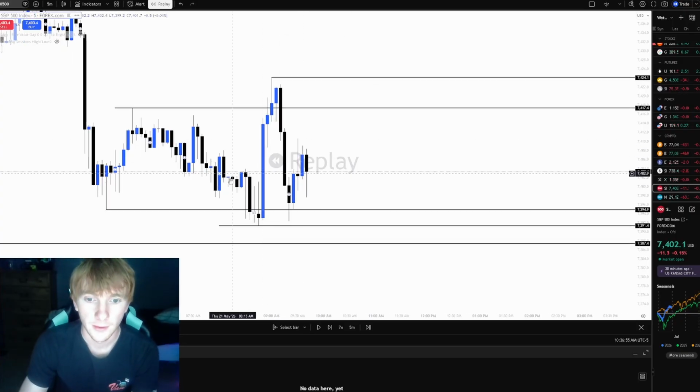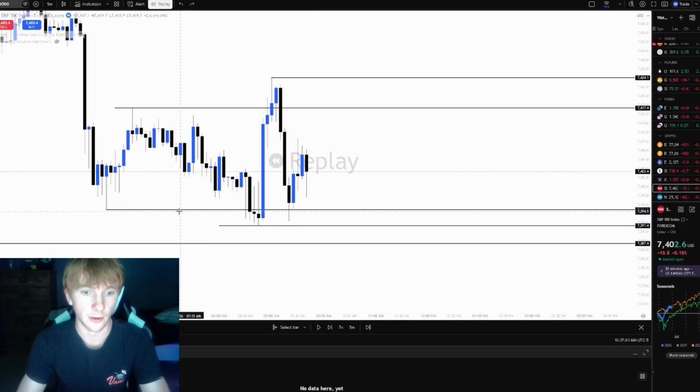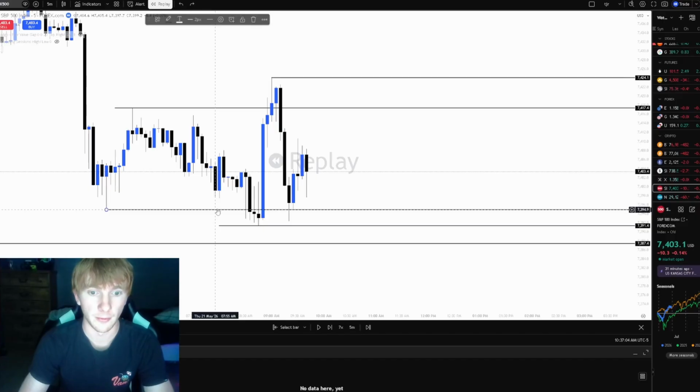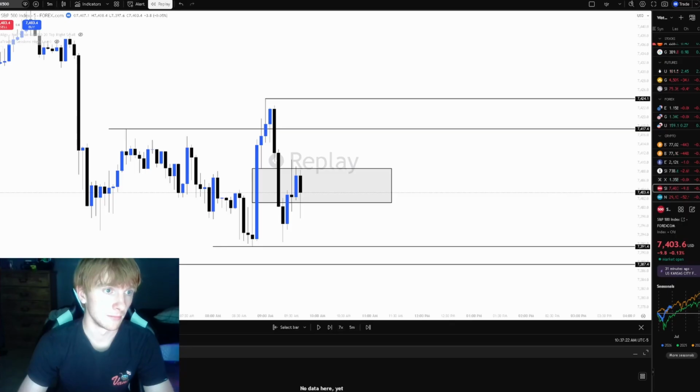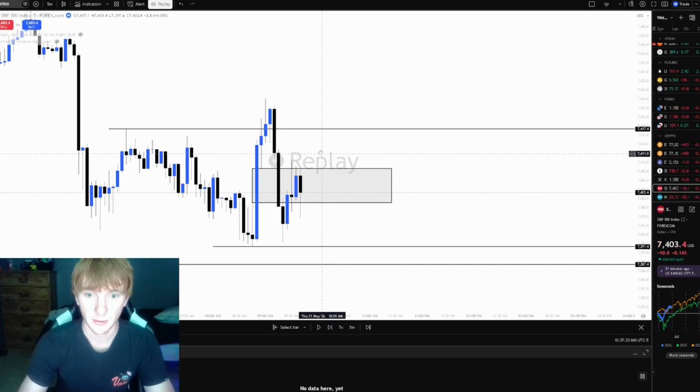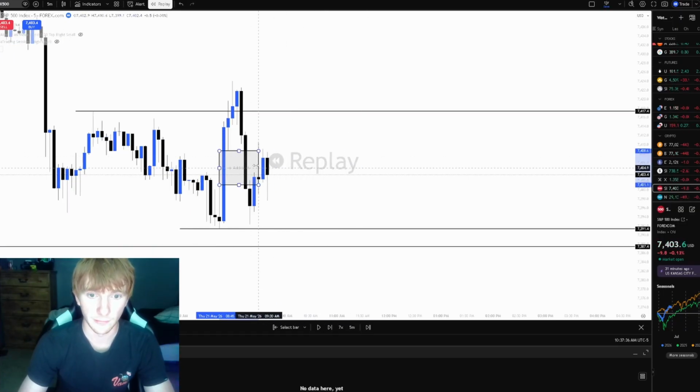So, first thing that happened is I seen that we swept this liquidity right here. My first initial thoughts is I want to be bullish, and we got bullish and we took out this 1 hour high, and I'm like, all right, since I couldn't find an entry to this high, that's fine. So I noticed that we swept this. I'm like, all right, so I'm bearish now, and I want to sweep this, which we did. We swept it, inverse this fair value gap